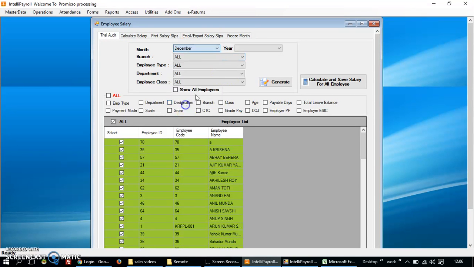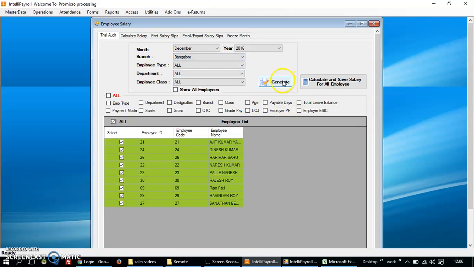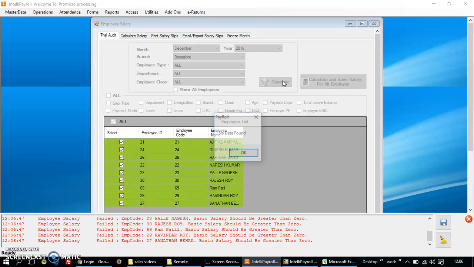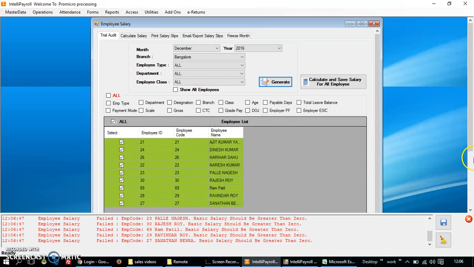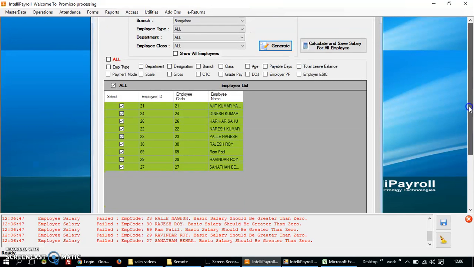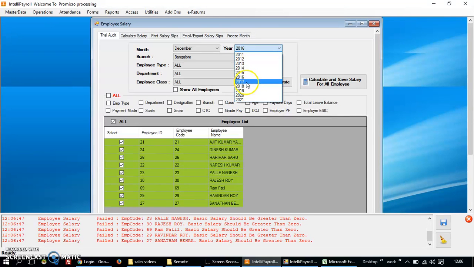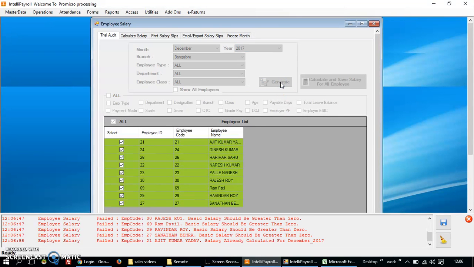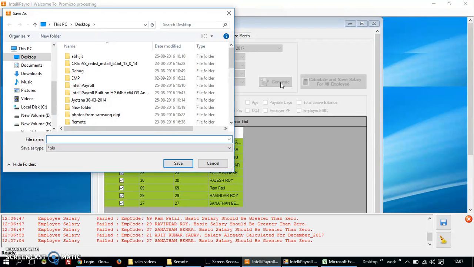We can also generate a trial audit for employees. So I select the branch as Bangalore, okay, and I generate the trial audit. I will select December, and then it will generate salary slips of all the employees for December 17. Once the system generates the trial audit,